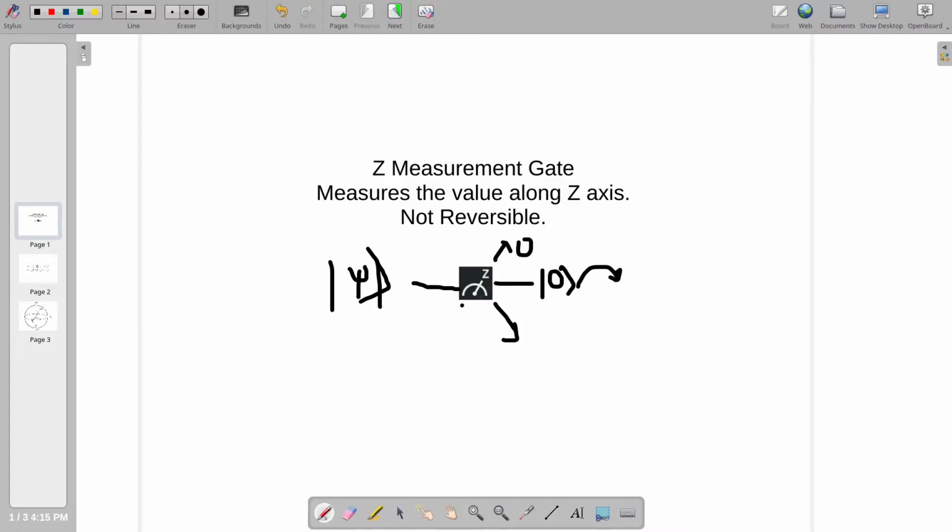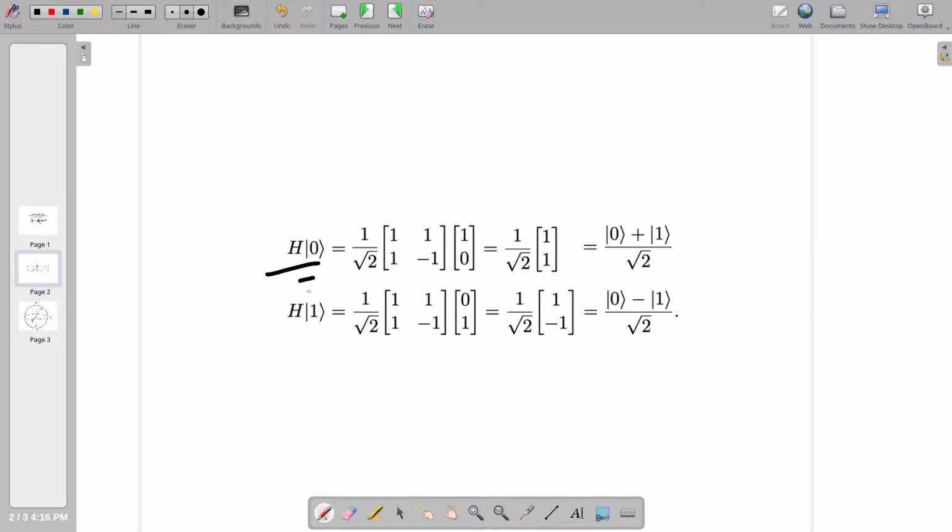In this video we will be dealing with this measurement gate and the Hadamard gate. We are already familiar with the Hadamard gate. In the previous video we talked about how it changes the state of a given qubit into a superposition, such that the qubit has a probability of being 0 and 1, both 50%. We already know that Hadamard on 0 gives us the plus state, which is nothing but (0 + 1)/√2, which means alpha and beta are both 1/√2, so the probability of the qubit being 0 or 1 is 50%. And Hadamard on 1 gives the minus state, (0 - 1)/√2.